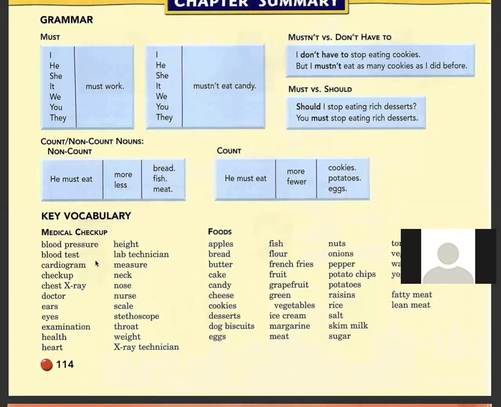stethoscope, throat, weight, x-ray technician, apples, bread, butter, cake, candy, cheese, cookies, dessert, desserts,